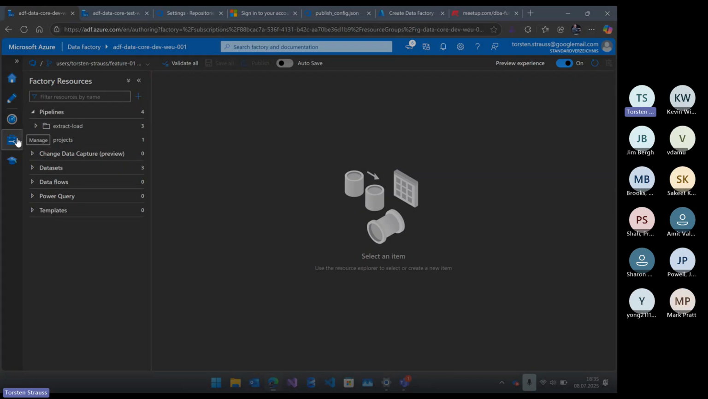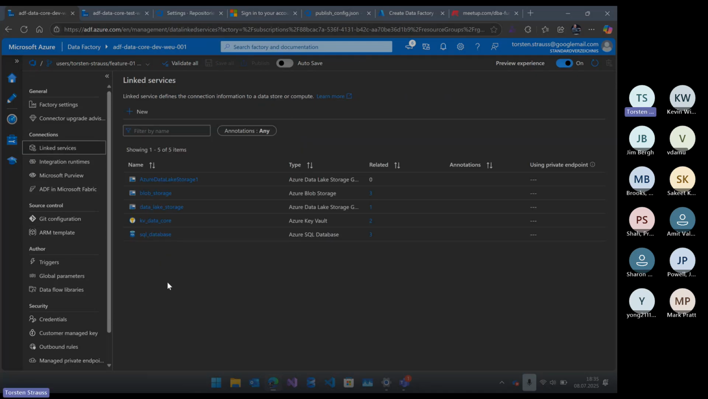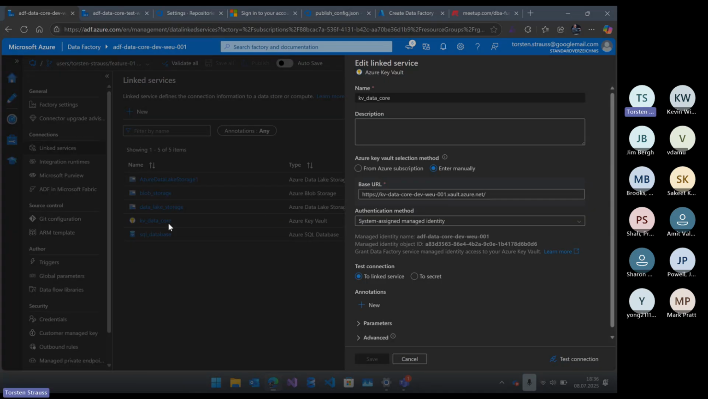So the idea is the following. We will go to manage. We will go to linked services. And the first thing you need to do, at least this is how I'm doing it, is create a key vault within your resource group where your Azure Data Factory currently lives. So why? The reason is the following. Usually you have a managed identity for your Azure Data Factory, and when the managed identity has a key vault reader role on the key vault, Azure Data Factory can read all the secrets from your Azure